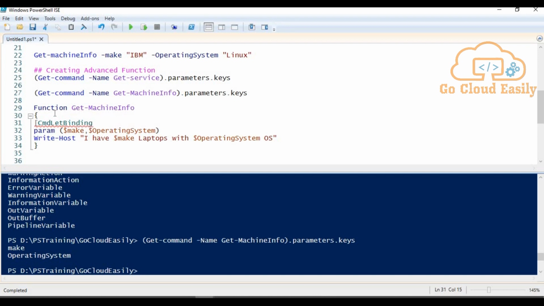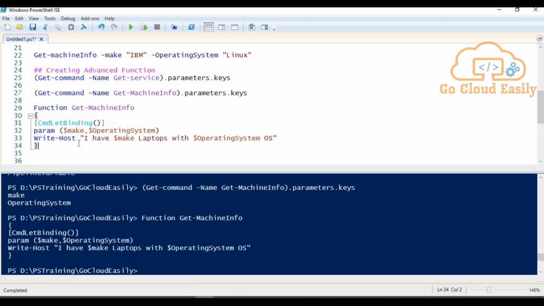Please note the spelling should be correct, with the parenthesis and square bracket closed, right? Using this keyword, we can create an advanced function. If I run this code, our function is created.